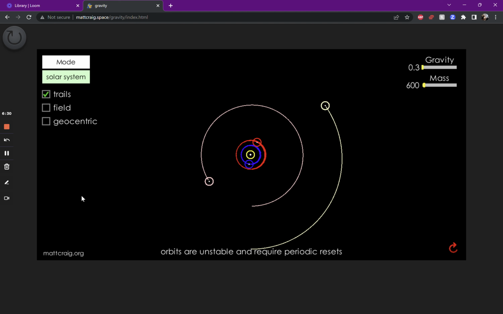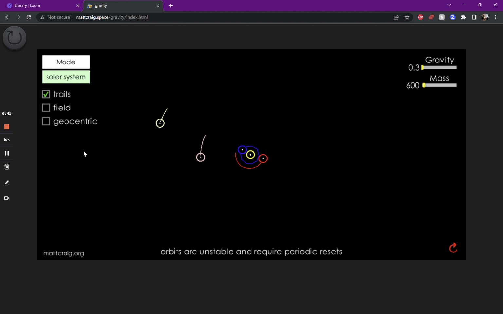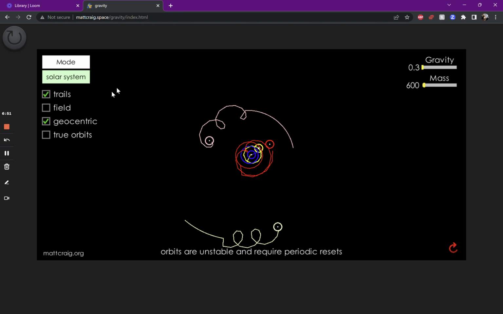Again, it's not stable, and I actually have a very stable version of this in a solar system simulation in my grade 9 and 10 version if you just want to show circular orbits. What I did add, though, is a geocentric mode, which, I guess it won't let me deselect the trails. That might be a bug. I'll fix that. But if you add the geocentric mode, it focuses,